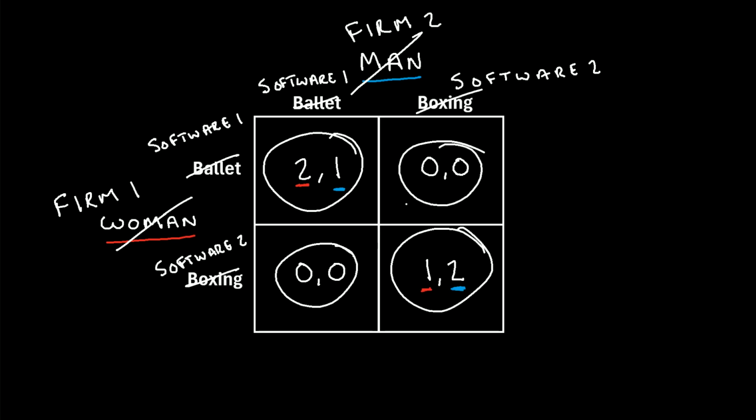But notice that no matter which Nash equilibrium they end up at, they're both better than the alternative of just using different software. So once again, similar to the Battle of the Sexes, we can see that in this type of scenario, it would be better if the firms cooperated. Even though both firms have a preference on which software they end up using, when they cooperate, they're better off than when they don't cooperate. So that's the general idea behind the Battle of the Sexes game, along with one example of how it actually applies to a real-world situation.